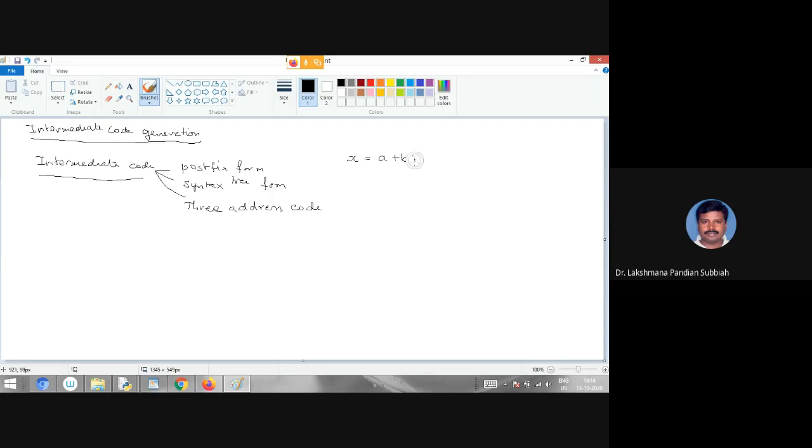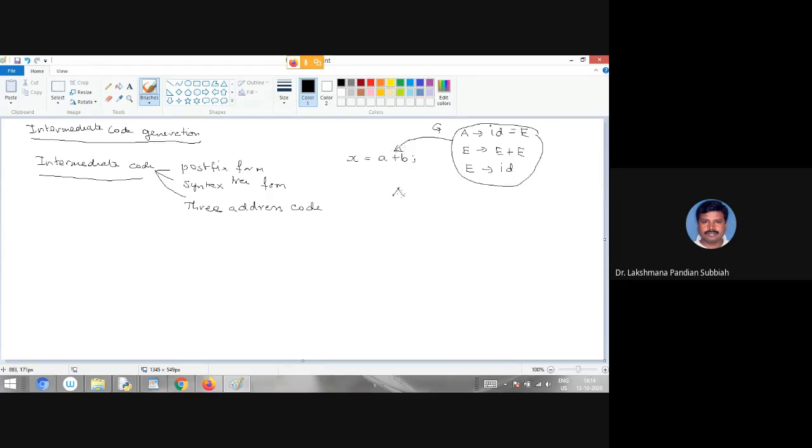Now this assignment statement is represented by grammar: A derives id equal to E, E derives E plus E, E derives id. This is the grammar, and using this grammar you can generate this statement.